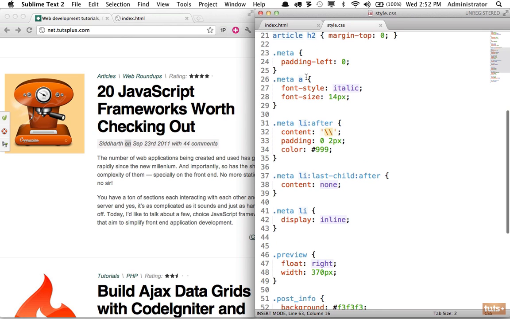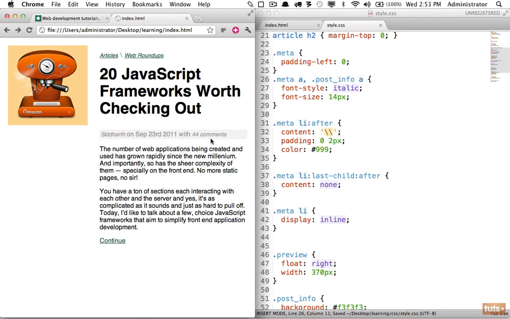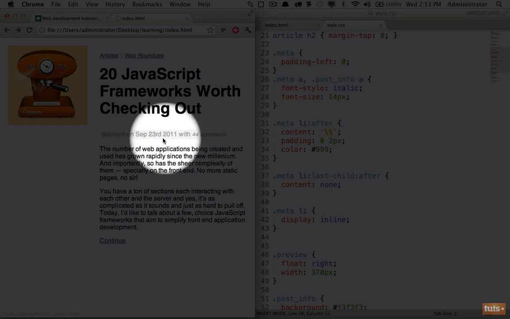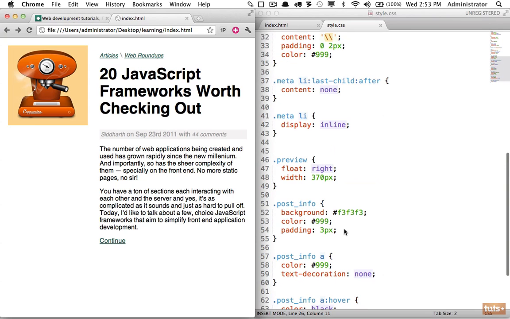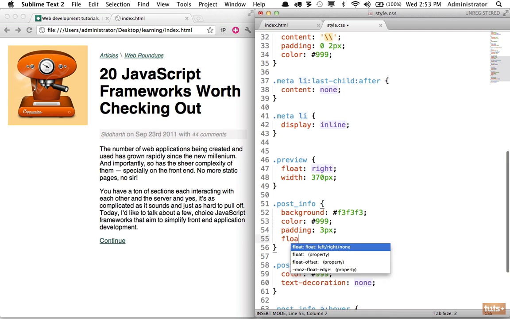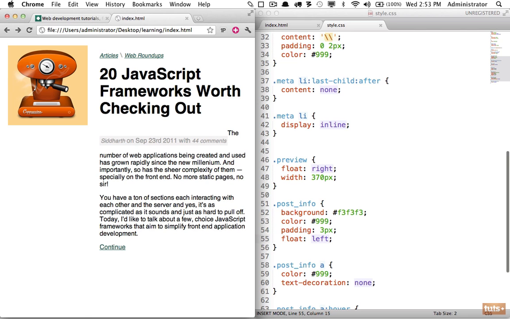So it seems that the exact same values we have here will apply to the post info. And I'm going to make sure that I preface that with a period so it's treated as a class. And now that's receiving those values as well. Next, let's see what is happening here where we have all of this extra space. And that's because, again, this is set to a display of block, so it's going to take up all of the space available. If we want to override that, one way, and we call this shrink wrapping, is you float it to the left, and that will make sure that it only contains exactly as much as what's contained within the element. Reload, and now you can see